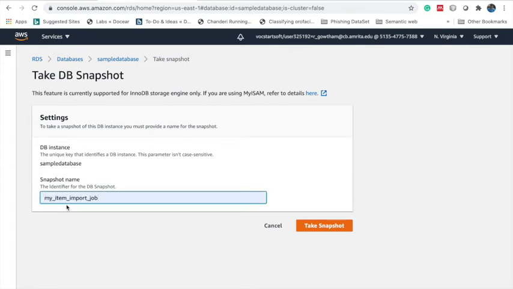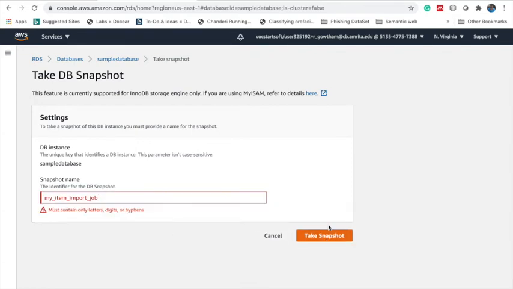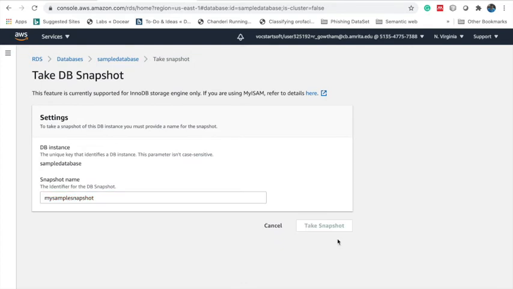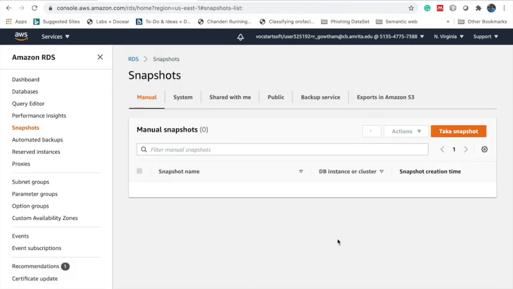I'm going to give some random name and take snapshot. Now the snapshot of my database is ready. At any point in time, you can use the snapshot to recover your database. Consider, now I'm going to delete my database.